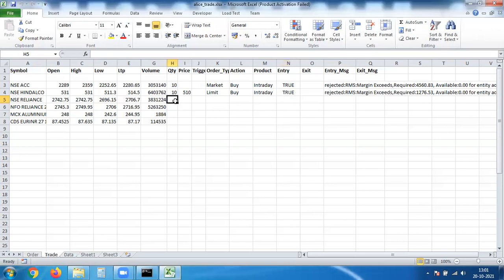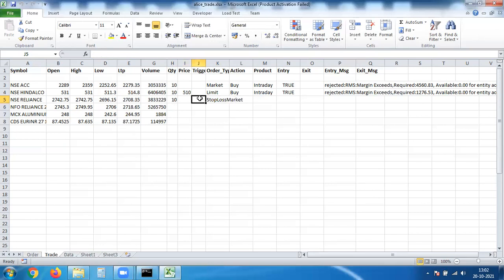And the other thing, like if I want to initiate 10 quantity in Reliance, and this time it is going to be a stop market order. That means when it crosses the high, then I want to buy it. In that case, I can choose either stop loss limit or stop loss market. If it is stop loss market, I have to give only the trigger price.